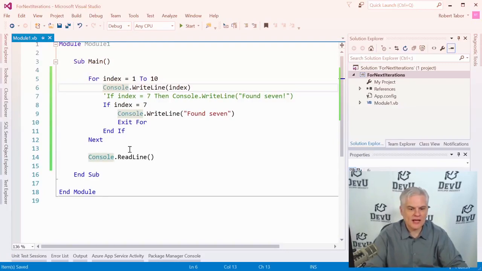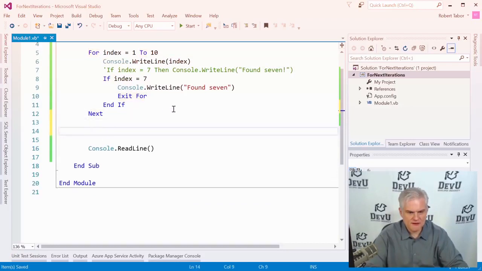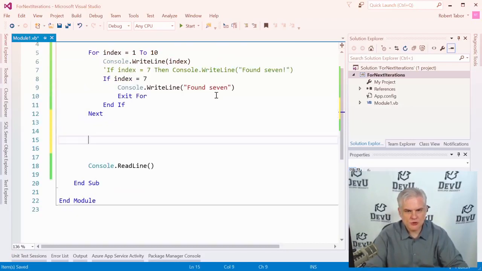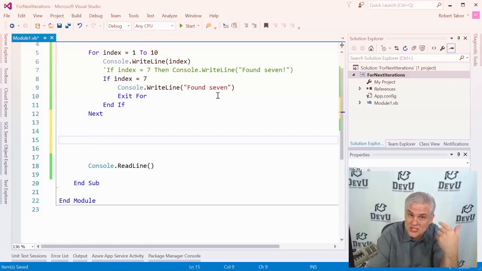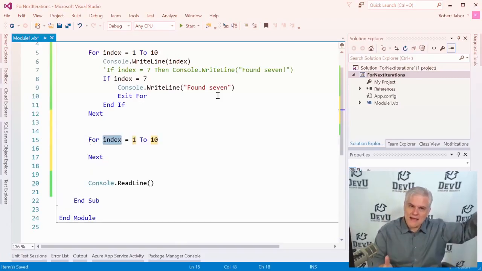All right, so I also wanted to show you something cool. Another feature of Visual Studio, since we're on this topic and we've got some time. We'll just leave everything where it's at. Here, what I want to do is show you how to use code snippets. If you can't remember how to use an if statement or how to use a for statement or any of the other things that we're going to learn about, typically what you can do is just type the first word. Even if you don't remember the exact syntax, you can type in for, tab, and bam, it expands it out and creates